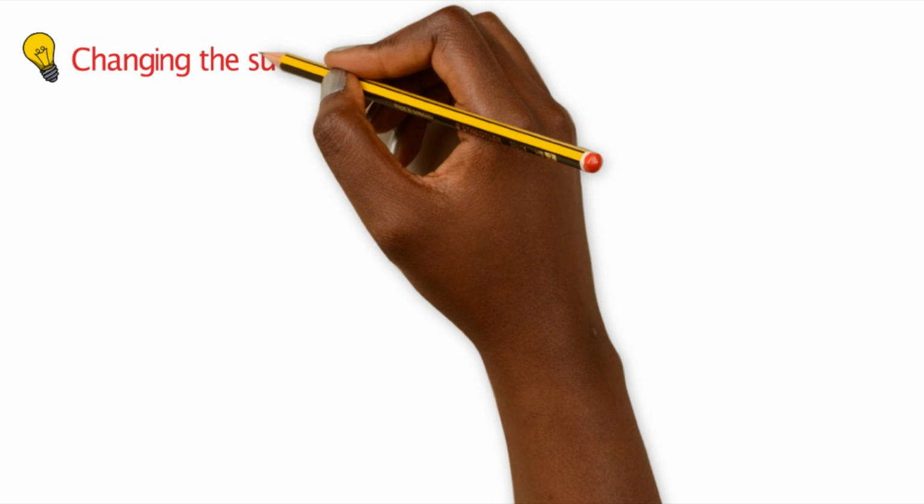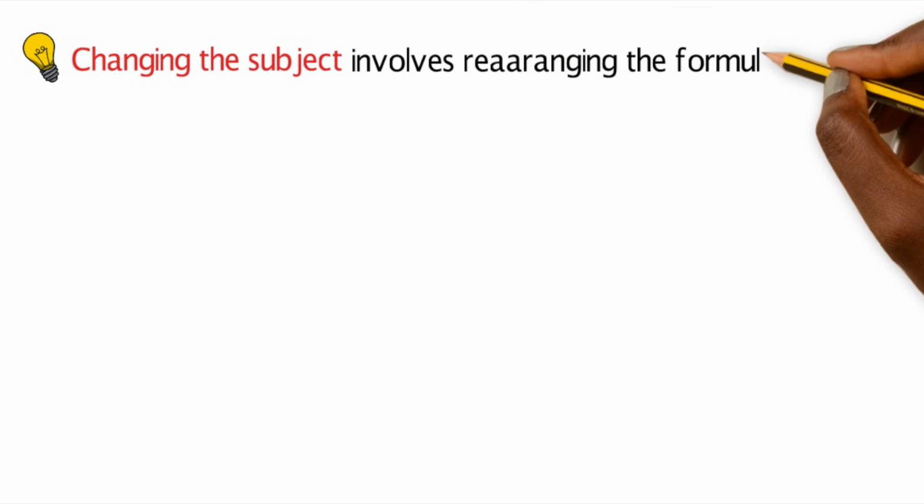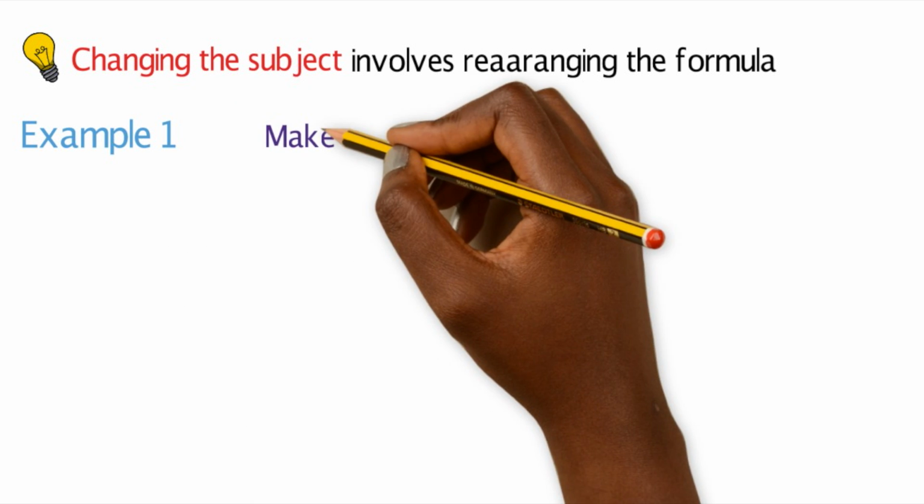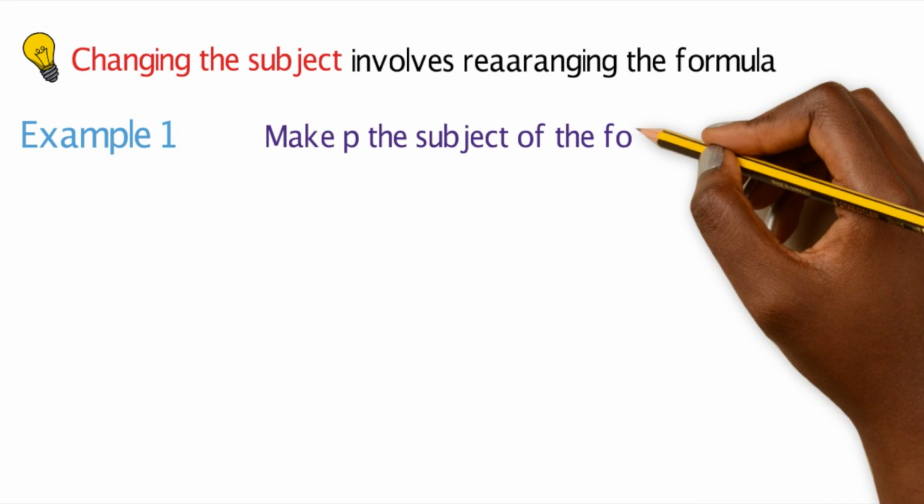Okay, so when it comes to specifically changing the subject, what it basically means is that you end up rearranging the formula, or also known as equation, that you're given. So example 1. If a question says make P the subject of the formula